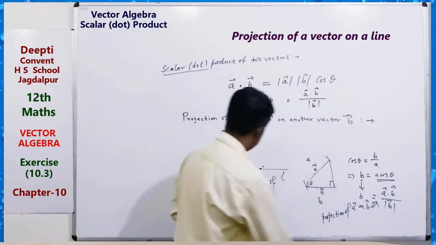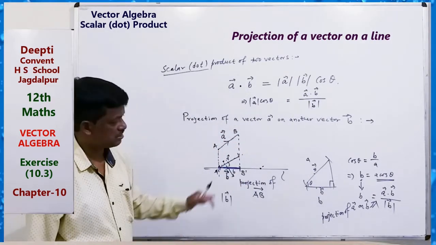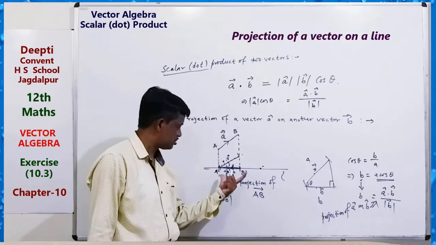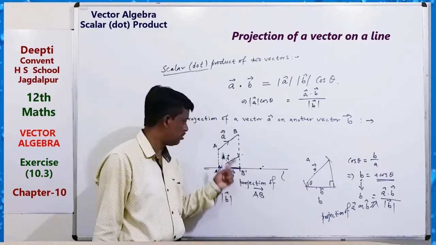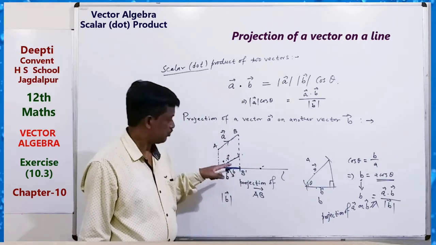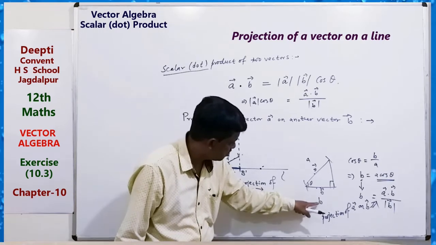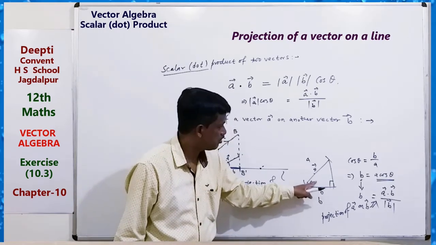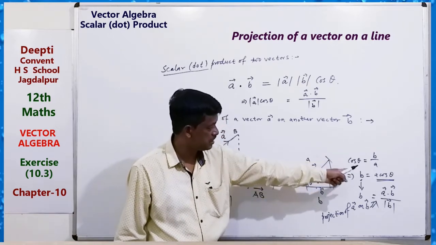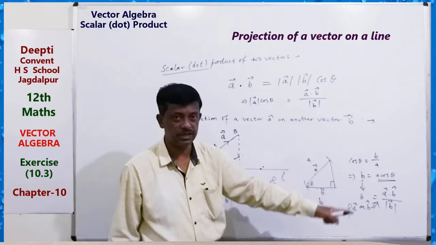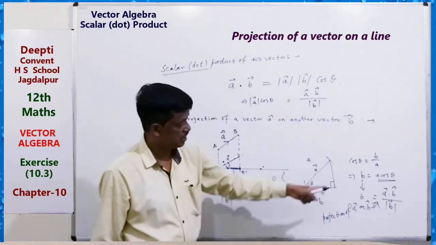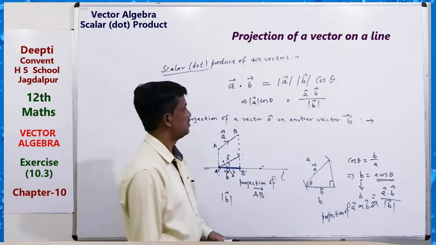Okay. So by using the formula we can get its derivation. This is the projection; the modulus of this is the projection of A on this vector. So B can be found by using this. Cos theta equals base by hypotenuse, that is B by A. Here we see that B equals A cos theta. A cos theta equals A dot B by mod B. So A dot B by mod B.